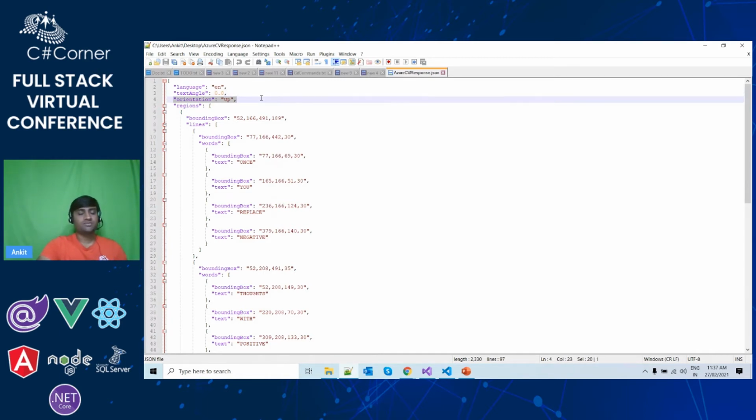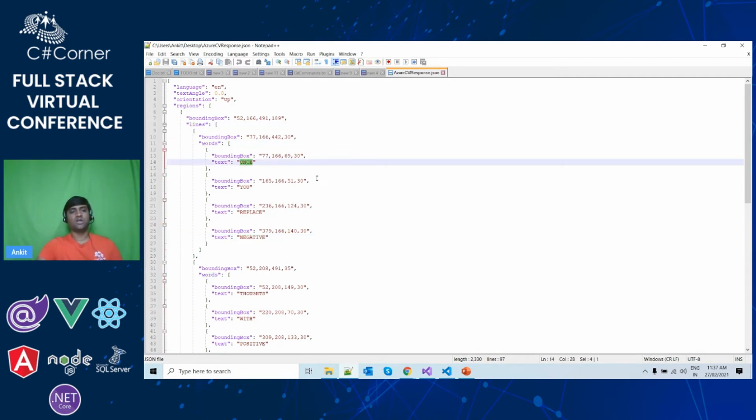Orientation up tells whether the orientation of the image is upwards or downwards. Then it is showing us the words, like one word, once, you, replace, negative. It is giving us lines, and inside those lines it is giving us words. This is how the data is coming from the Azure Computer Vision API.